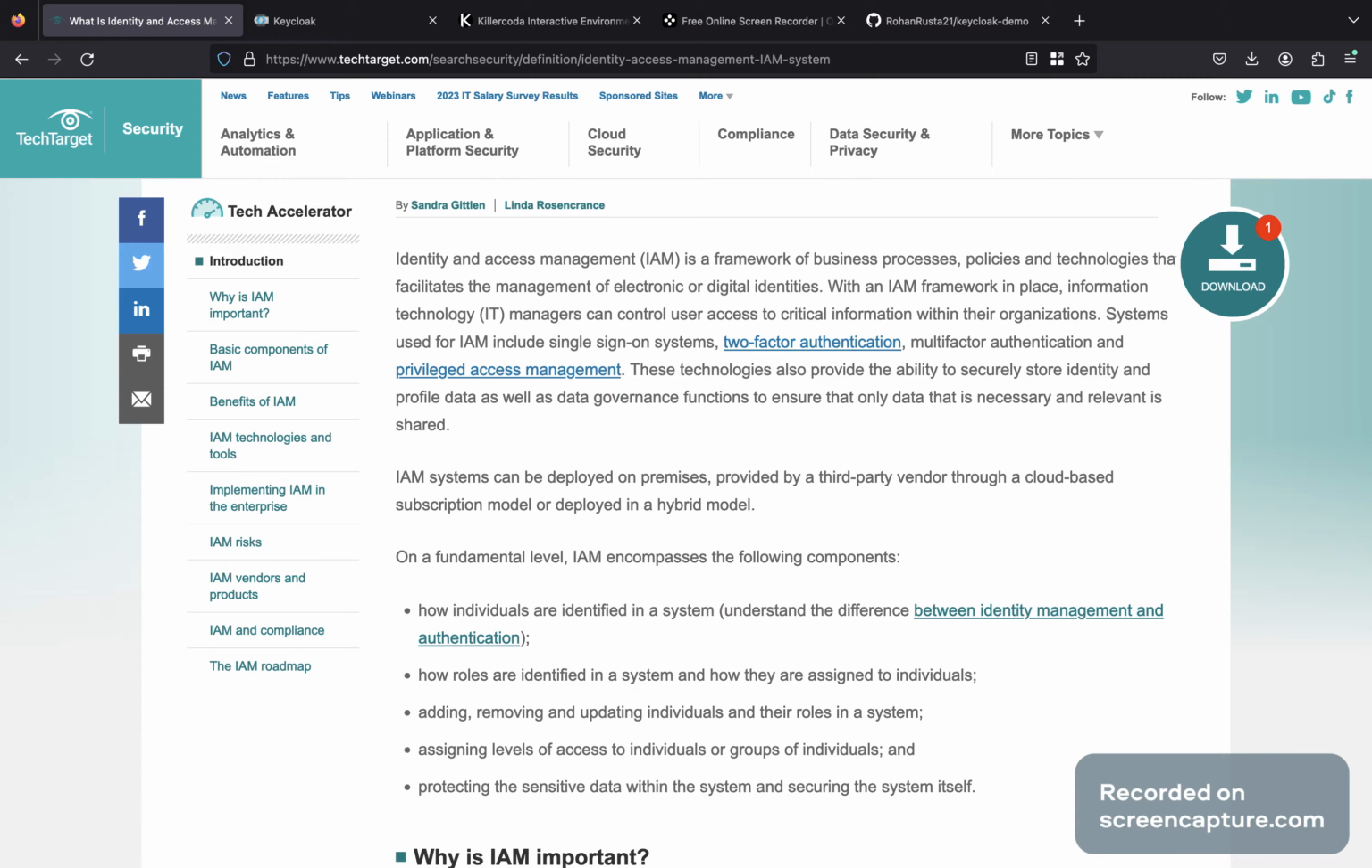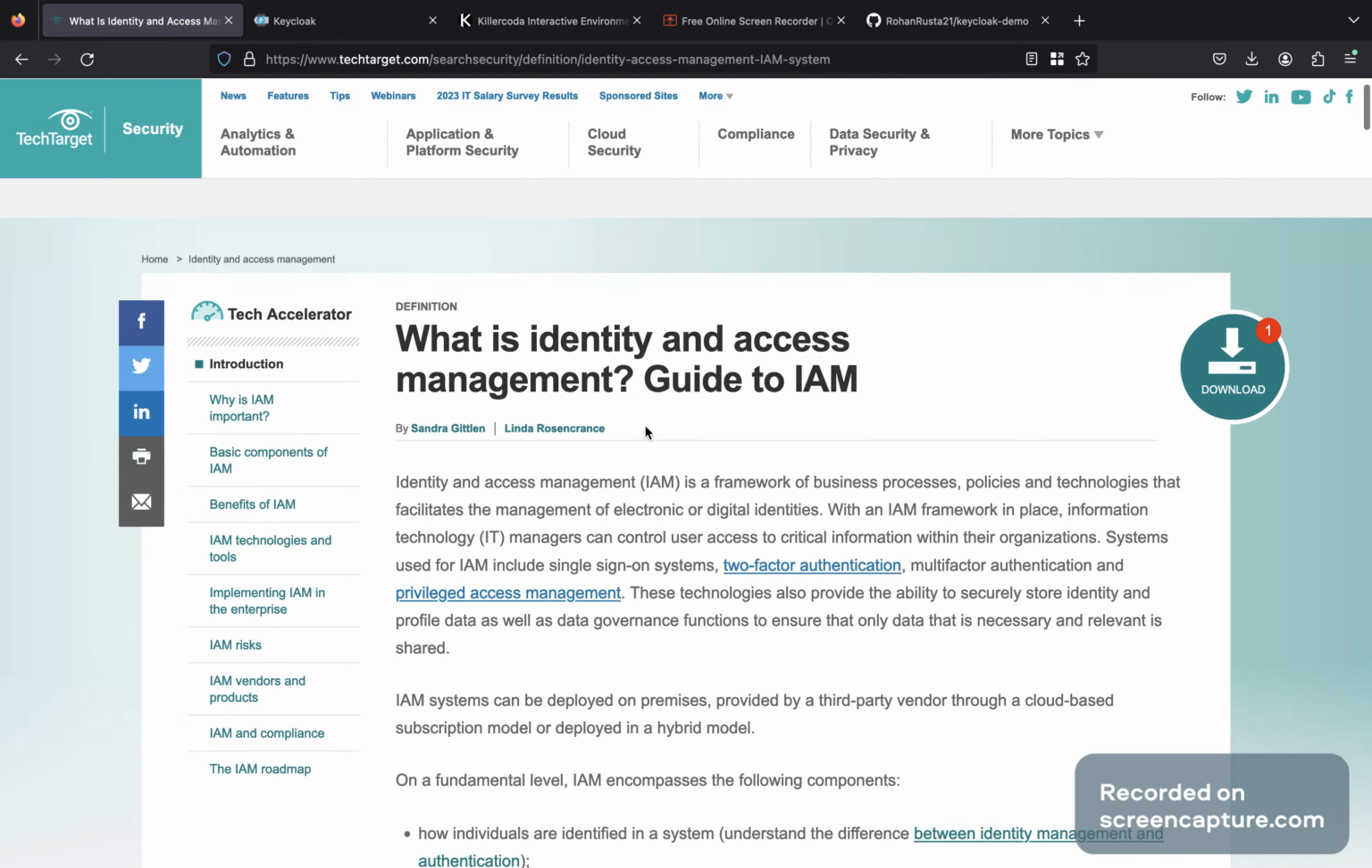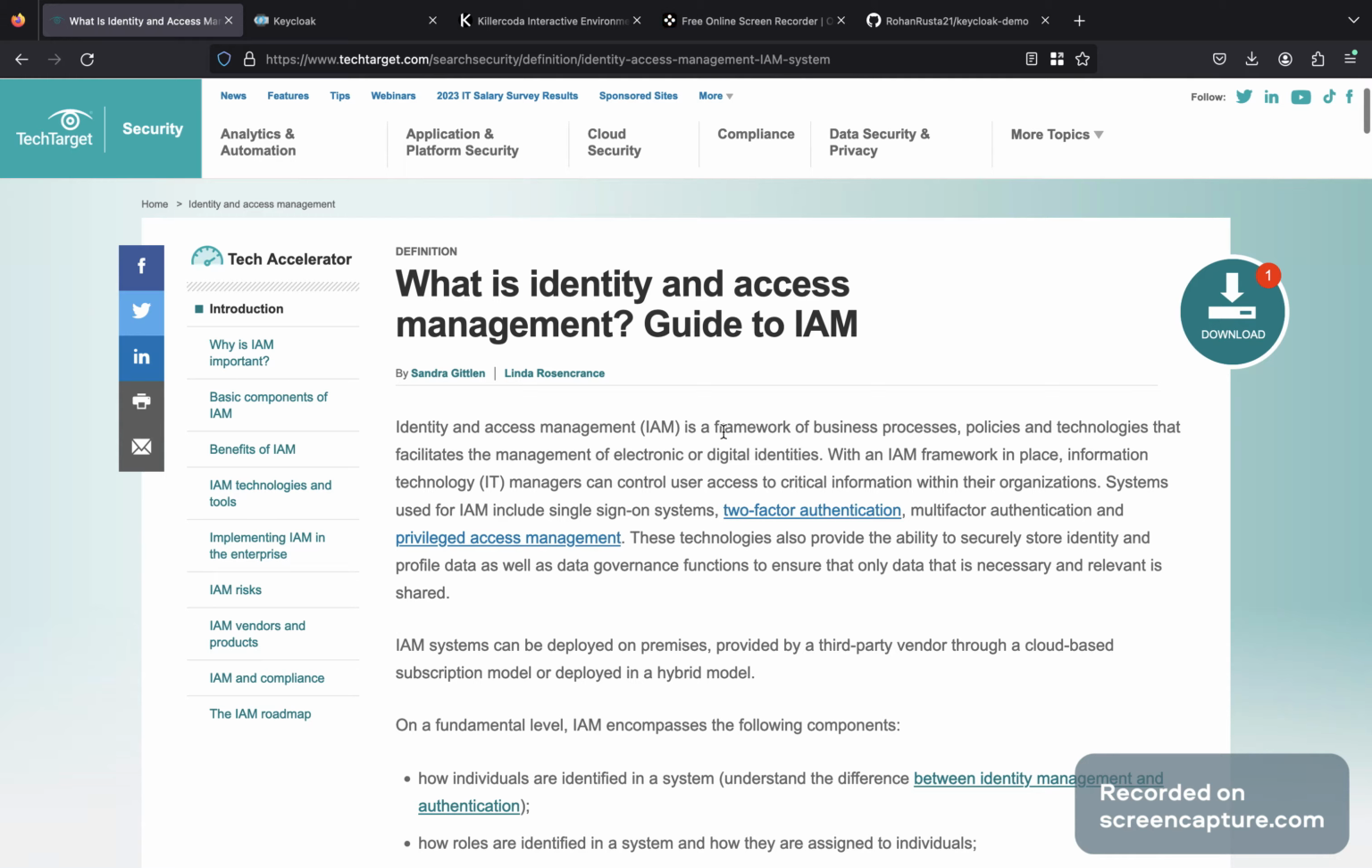If you're not aware of identity and access management, aka IAM, let us first understand what is IAM. Credits to this website. So IAM is nothing but a framework of business processes where we implement policies and technologies that facilitate the management of the digital identities. So in simple words,